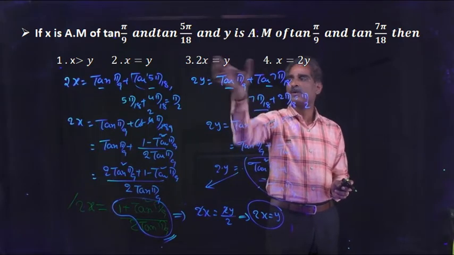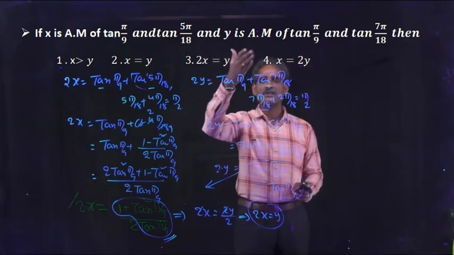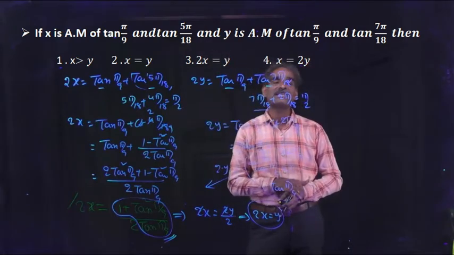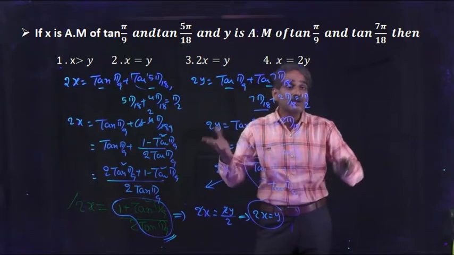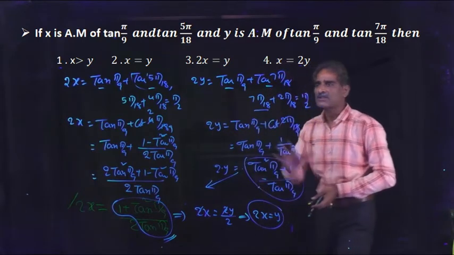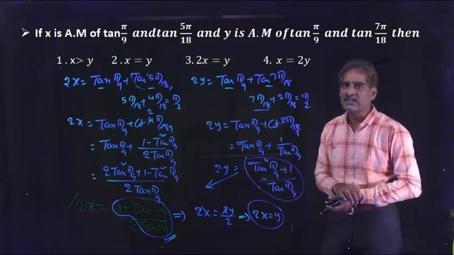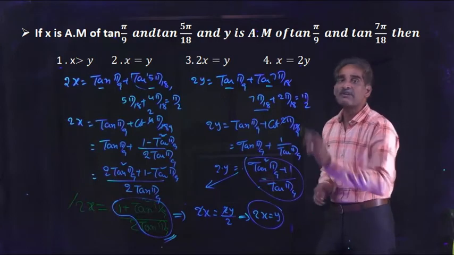2x is equal to y. If suppose the options are not like this, and he may give 2x equal to y, 3x equal to y, 4x equal to y, how can you find? So you have to do this. Definitely. Okay, this is the way how to find the relation between x and y. Understand? Right. It is a very, very important problem.